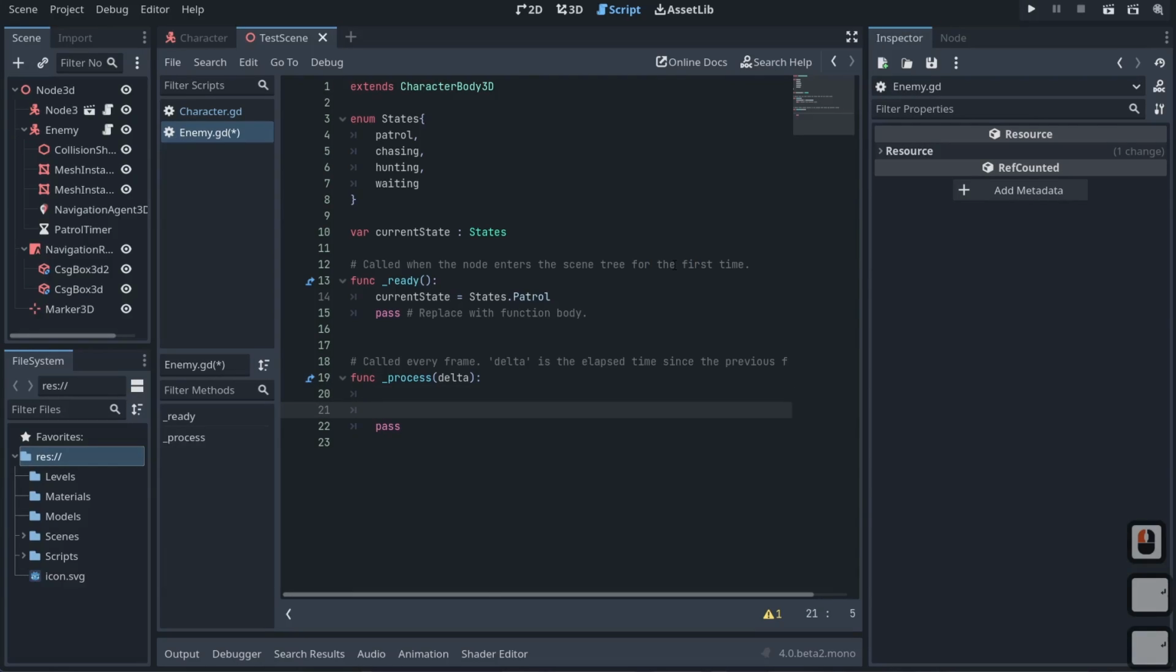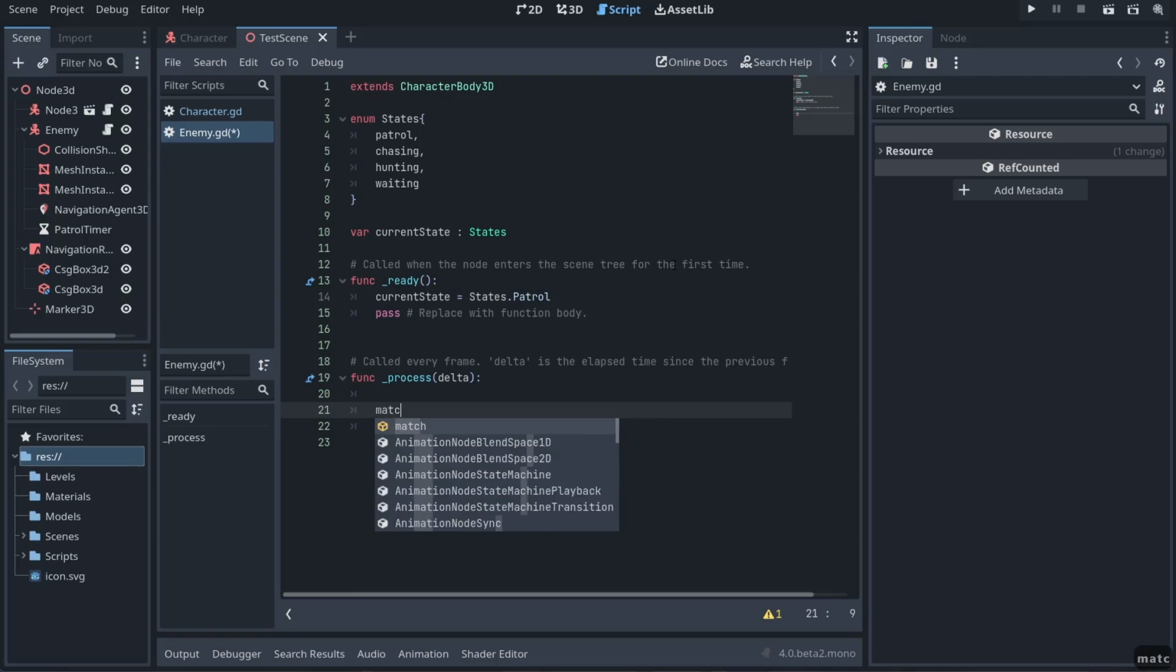Now, when you set up a state machine, you should use a switch to do that. GDScript doesn't have a switch. If this was C#, we would just use a standard switch. But since GDScript doesn't really have a switch, they have the match operator. So we'll type match